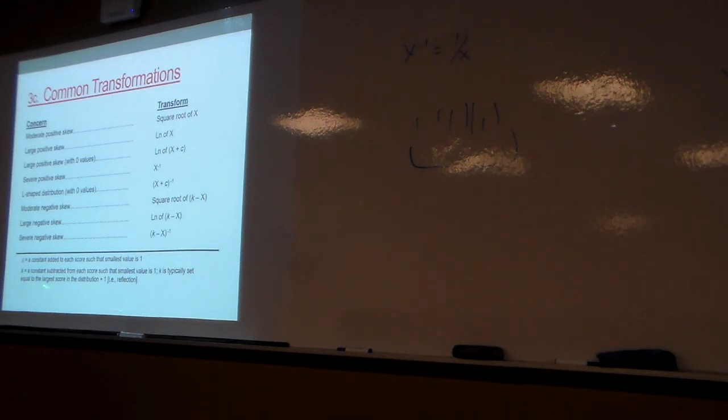So what I would need to do is get a constant that I subtract from each score, K, usually set equal to the largest score of the distribution plus 1. So if this is a 0 to 100 scale for the SF36, what I would do is take every score in that set and take 101 minus people's values. So if I have 101 minus my top value of 100, what's that score now?